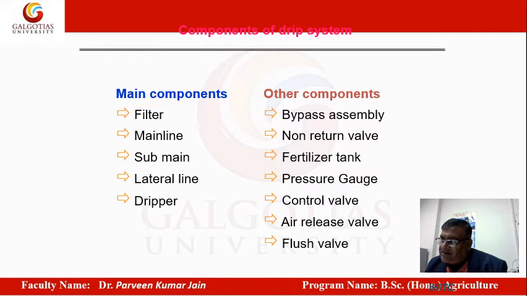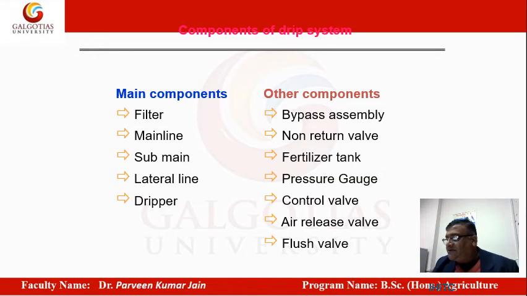And because these systems always clog the irrigation, and once the irrigation system is clogged, it will be a failure of the system. So you can say the filtration, or the filter unit, is like the heart of the drip system, students. So now some other components are there which we'll be discussing, like bypass assembly, what is non-return valve, fertilizer